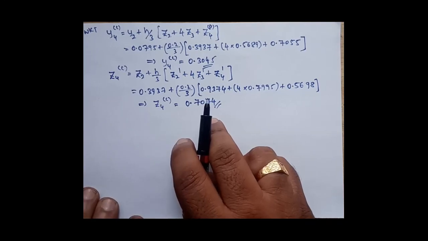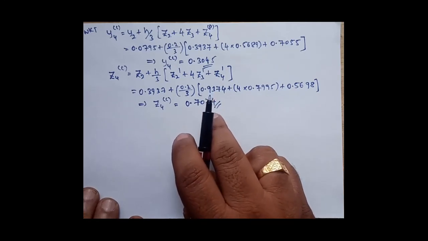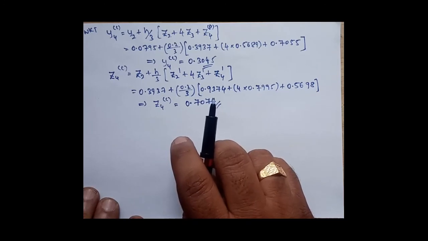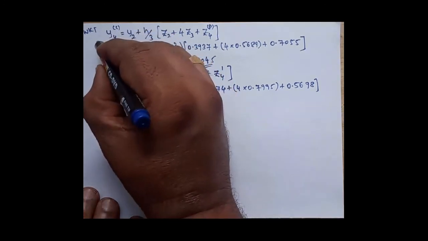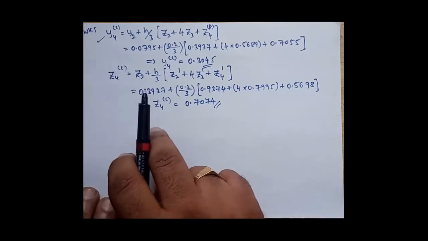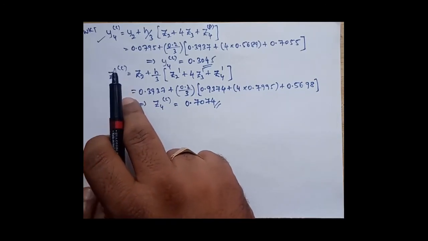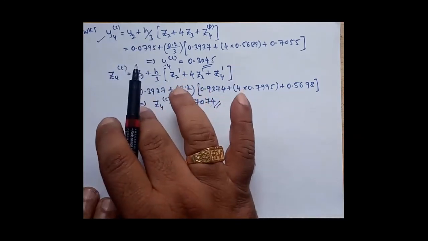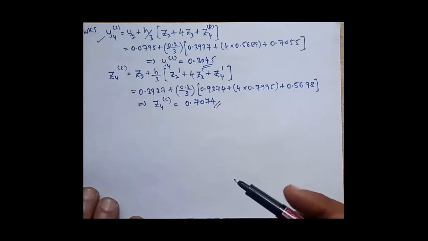But we know that in the predictor corrector method, the corrector formula has to be applied two times. We have applied it only one time, so let us apply the corrector formula one more time. That means I need to calculate this y4 power c again, that's all. No need for z4 power c because it is not part of the solution of the differential equation. The solution means I want only y, not z. If you calculate this, it is enough.